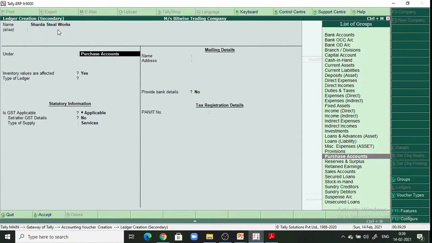And under group, you have to select sundry creditors. As we are purchasing from them,